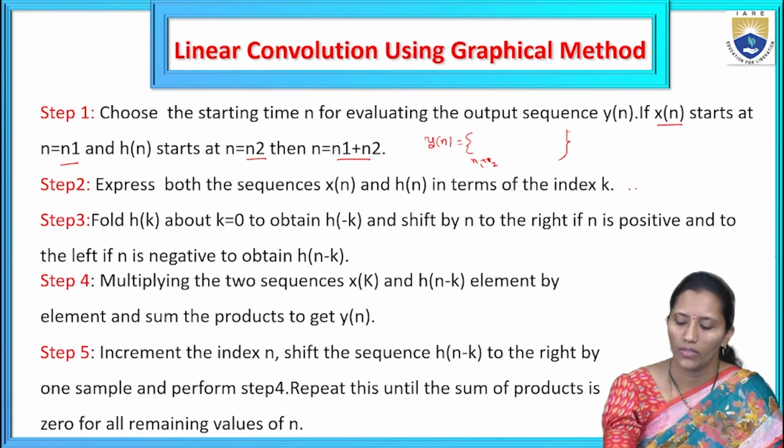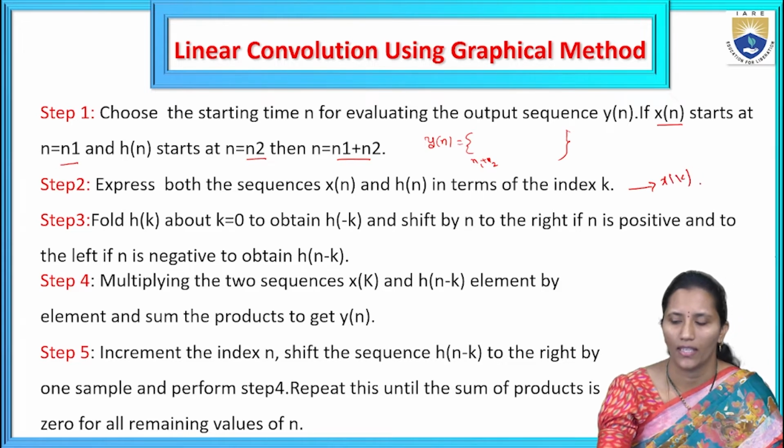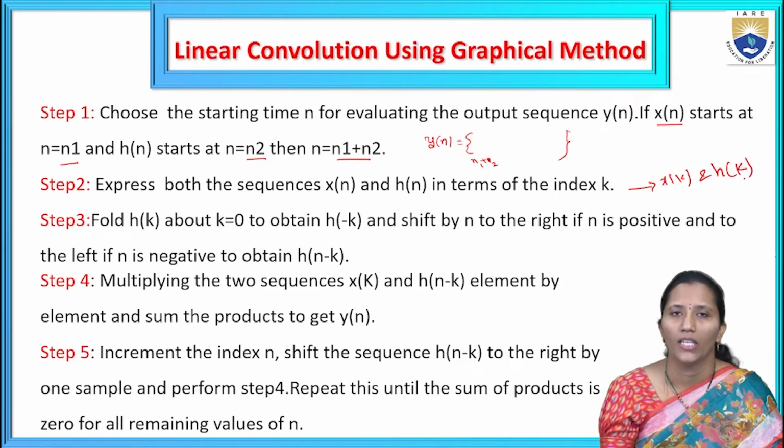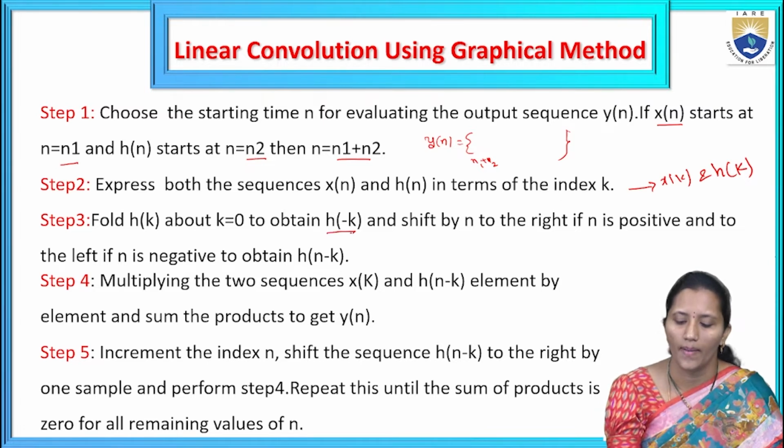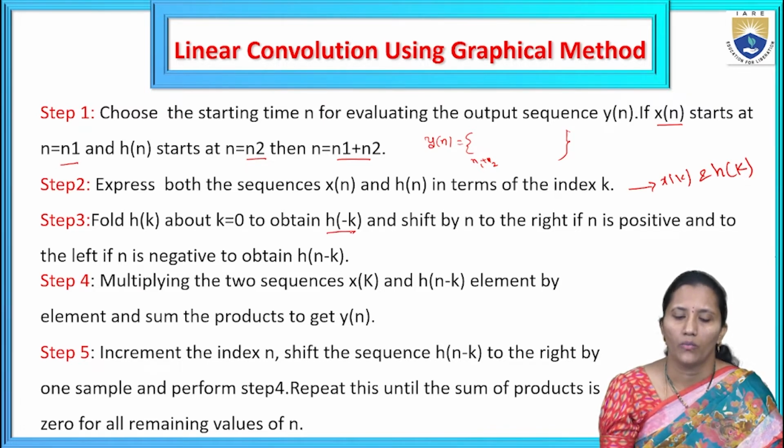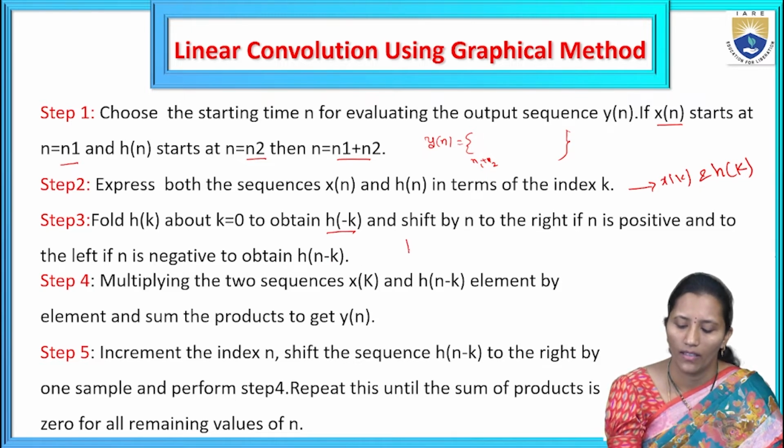So here we have to say whatever the sequence that we are taking, the only index is changing here, x of k and h of k. In the third step, fold h of k about k equal to 0 to obtain h of minus k. And to find out h of n minus k, here k is h of n minus k,